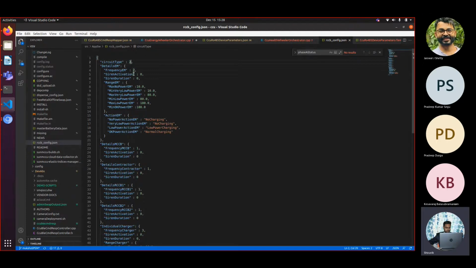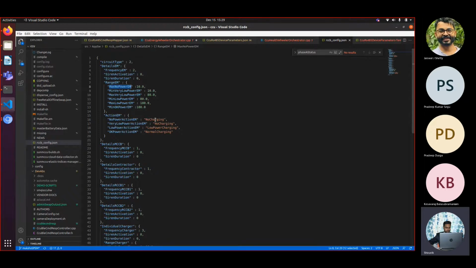If it is an RCCB type of circuit, we have the frequency of the energy meter and all other things. Here are the maximum power, minimum power, and no power, which we already told in the document. Below 10 it is no power, from 10 to 85 it is very low power, from 85 to 185 it is low power, and above 185 it is okay.